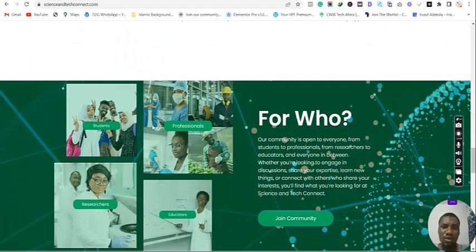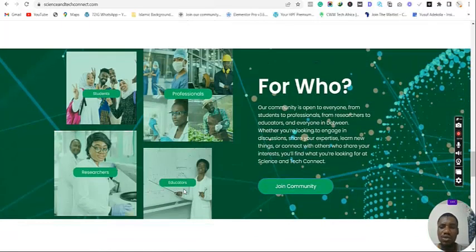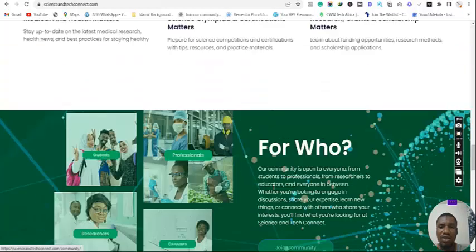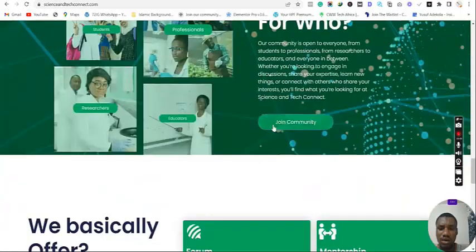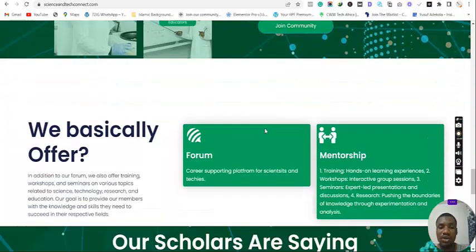Then from there we move to who this website is for: students, professionals, researchers, educators. This will give people insight into who this website is for and if it's for them. So anybody in technology who wants to scale up their technology or science career, who wants to join this community. Join community means a forum is also a community of like minds where people rub minds together and get solutions to problems. Then we further niche down the major things this website is all about: the forum and information,